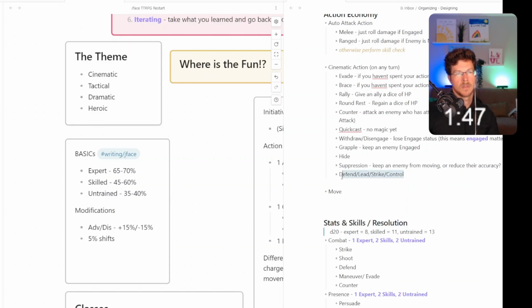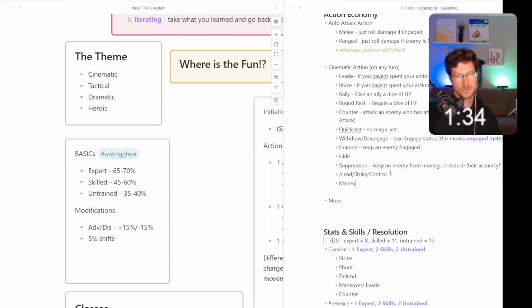So then here's a question. Do we need these? So defend would be the same as evade or brace, so we probably don't need that. Lead, that's your sort of rally, or maybe there's some sort of maneuver action. Maneuver friend, maneuver ally, which is use... Oh, crap. Now we've got an issue. Use maneuver ability. And this would be...